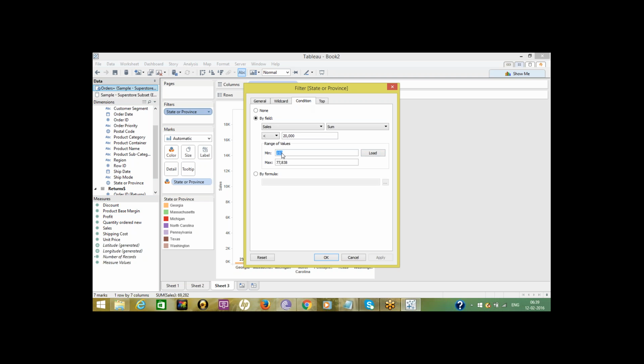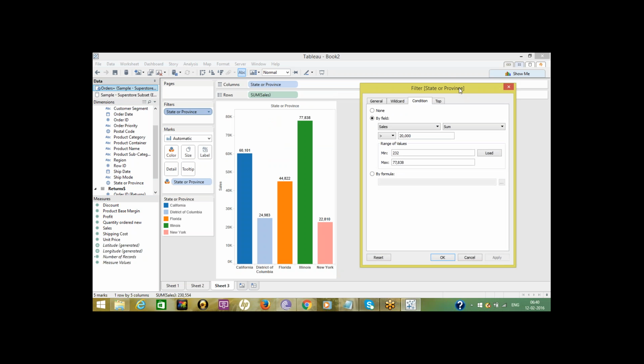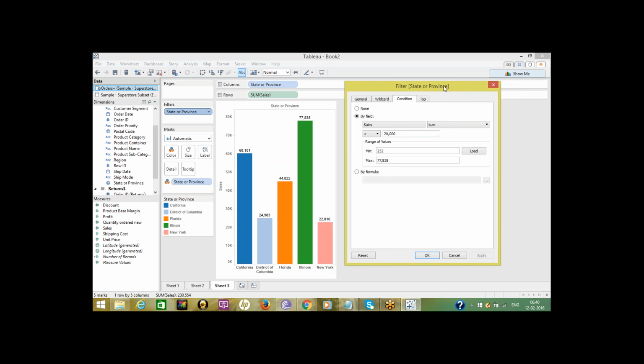Here specify some 20, sales greater than or equal to 20,000.